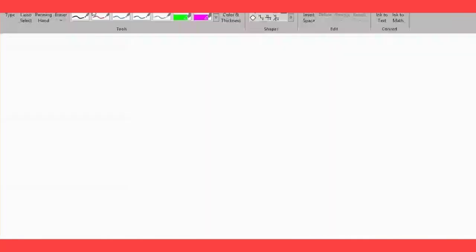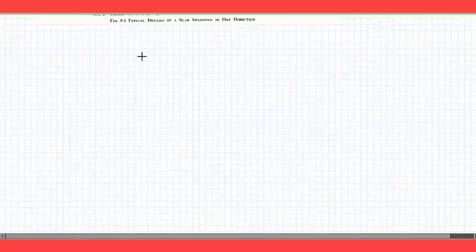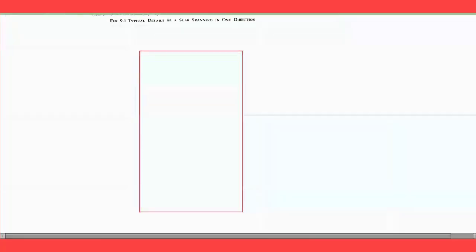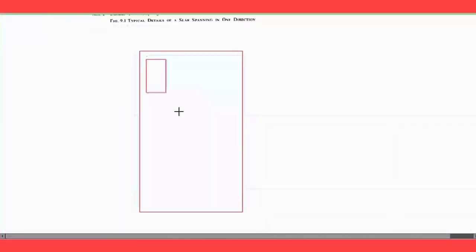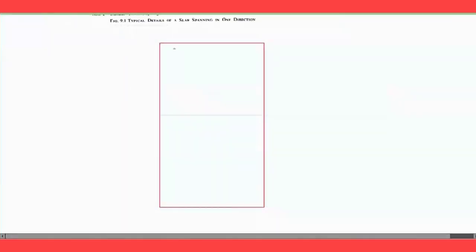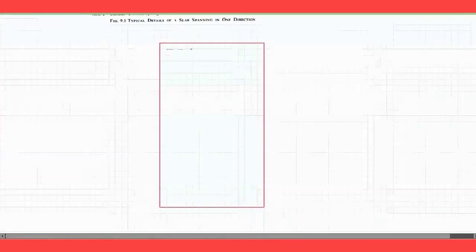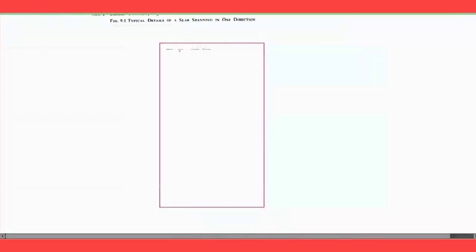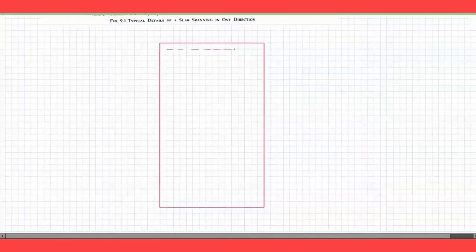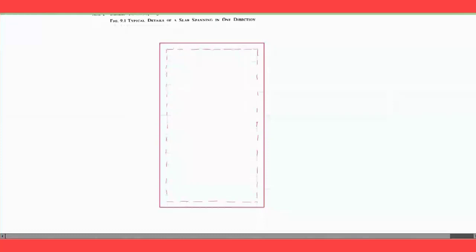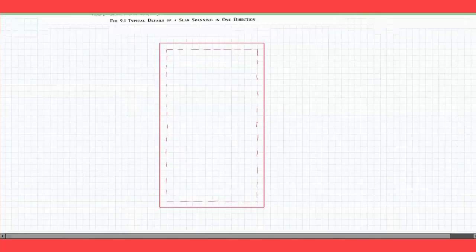So I'll be making, let us say this is your slab, which will be supported. This line has to be drawn in a dotted manner. So this is the outer periphery, and this is the wall. Because if I see from the top, I'll not be able to see this wall. So that's why I'll be drawing it in a dotted line. Along the shorter span your slab is going to bend. So your main reinforcement will be provided in this direction.